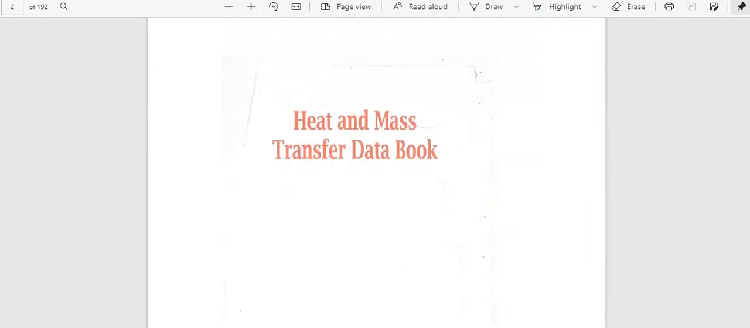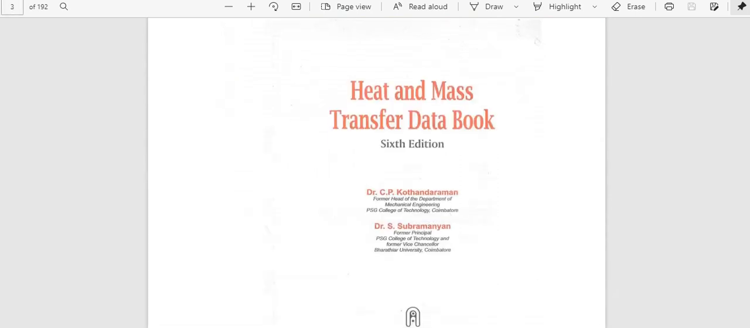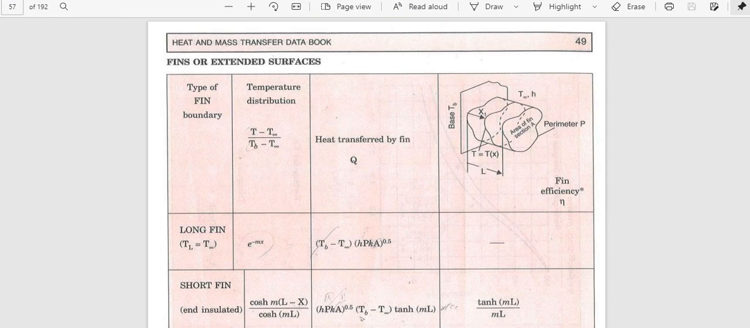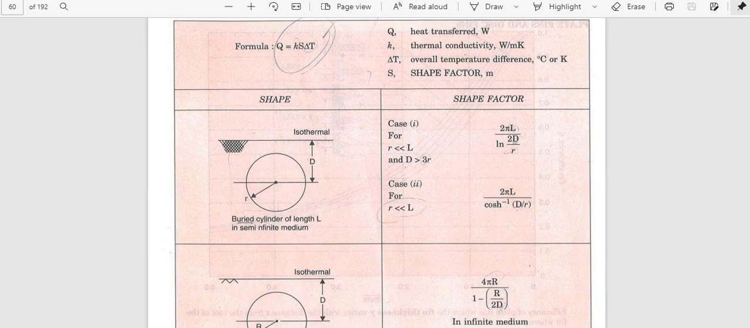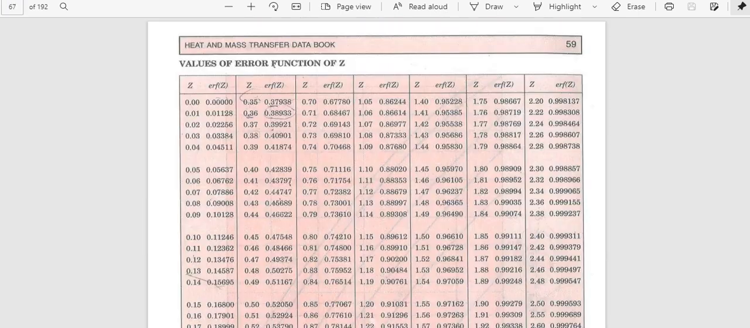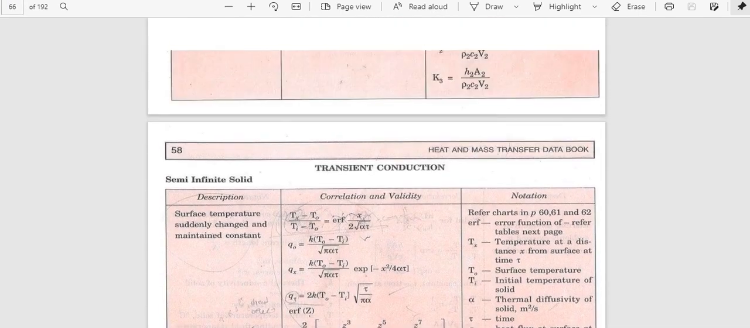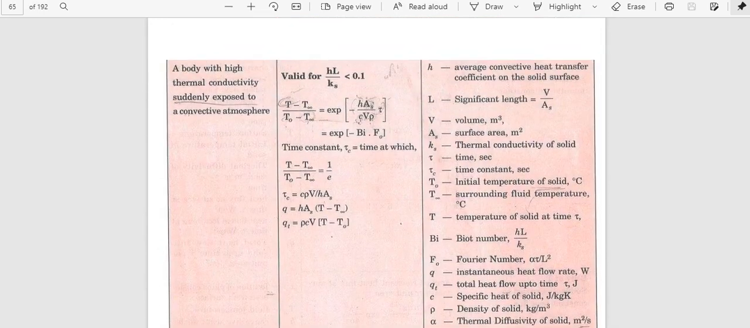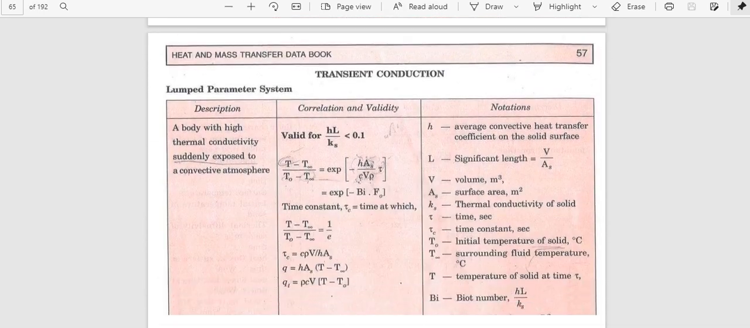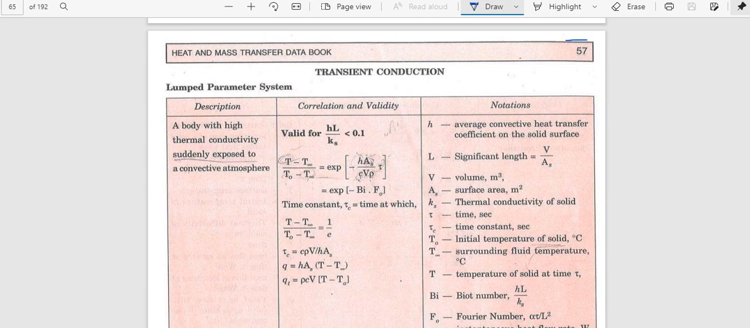So from the data book, page number 57. I think it is page number 57, so in this data book page number 57. Here in this data book is the lumped parametric system, where the time is in seconds. First of all we need to check validity for the